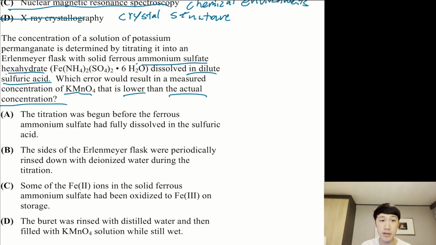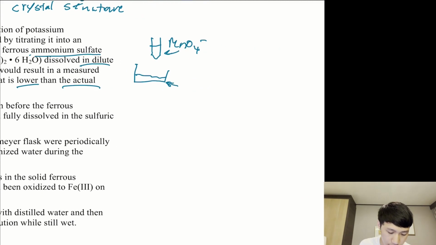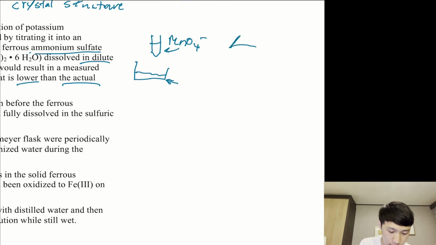So let's first understand what's going on. We have a known mass of this ferrous ammonium salt, so that's in here. And then we have our burette with our permanganate in here, and we don't know the concentration. So what we're trying to do is figure out the concentration by figuring out how much volume